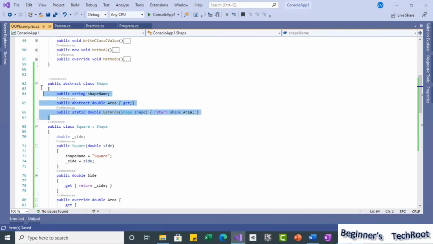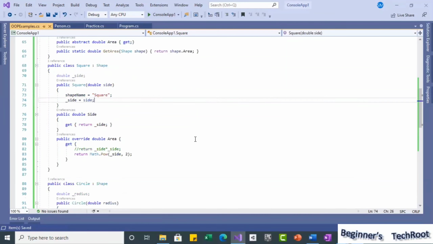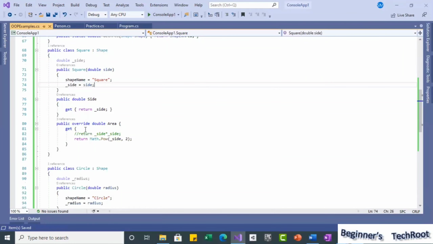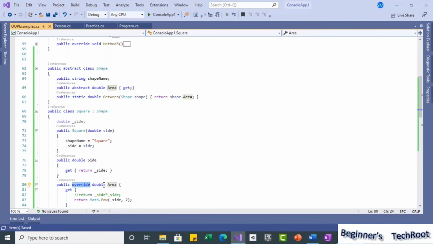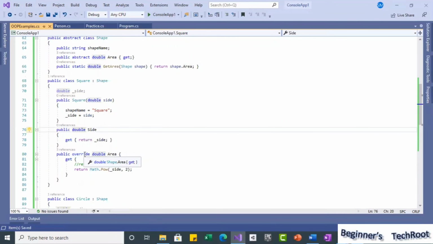So this way abstract classes help. Now even here, you can recap once again how we implemented the overriding of the abstract member, whatever we have learned so far.